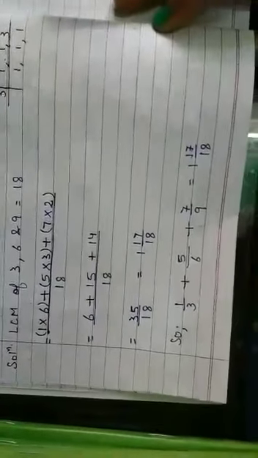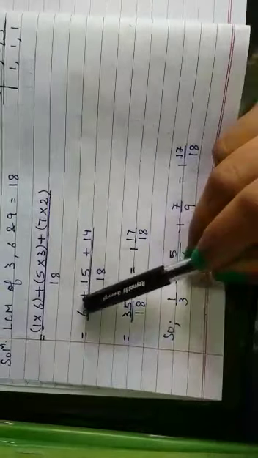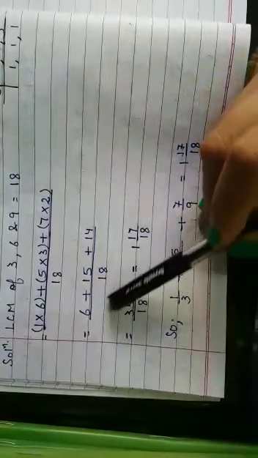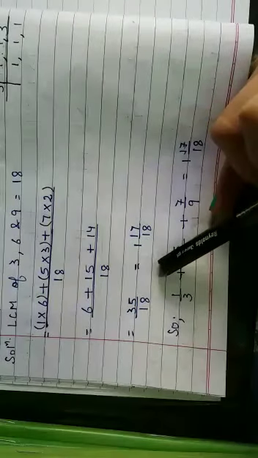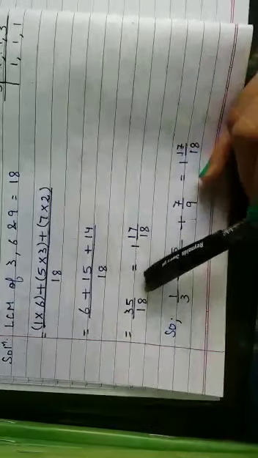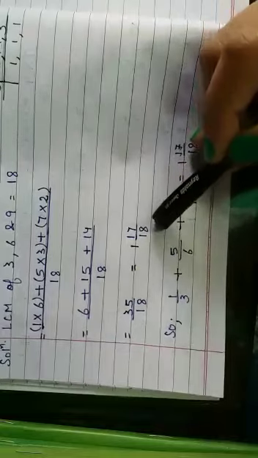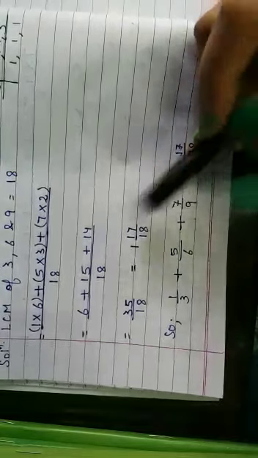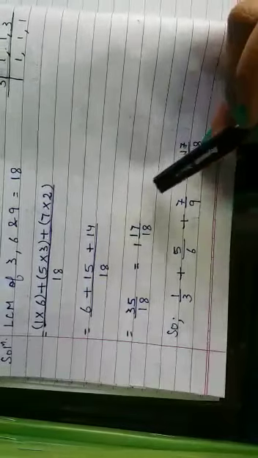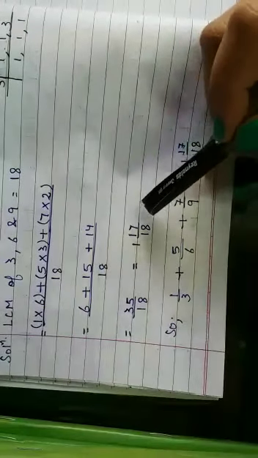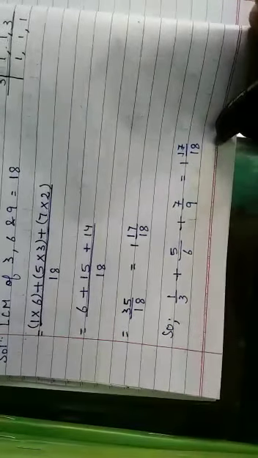Okay. Next let's add these numbers. 6 plus 15 plus 14 will give us 35. So 35 upon 18. Which type of fraction is it? Is this proper? No, this is an improper fraction. So we have to change the improper fraction into a mixed one. We divide the numerator by the denominator. So we get 18 in the place of the denominator, 1 in the place of the natural number, and 17 in the place of the numerator. Hence the answer is 1 17 upon 18. So when we add these three proper fractions, the answer is 1 17 upon 18. Understood? Okay.